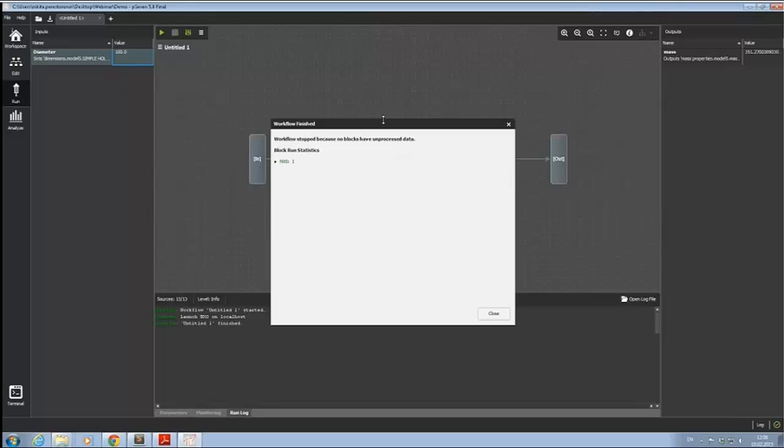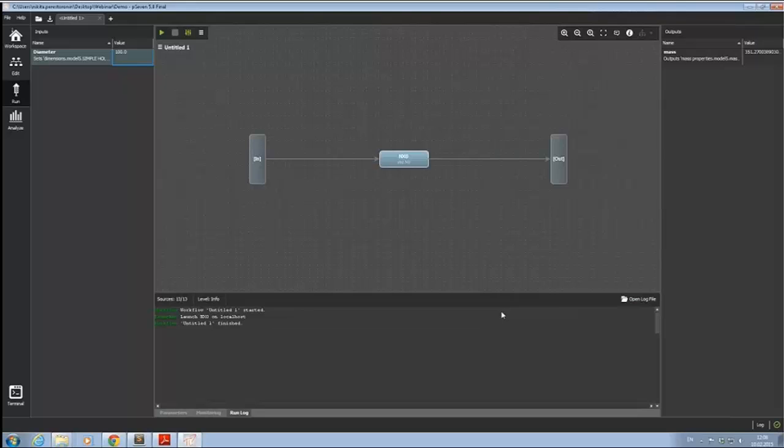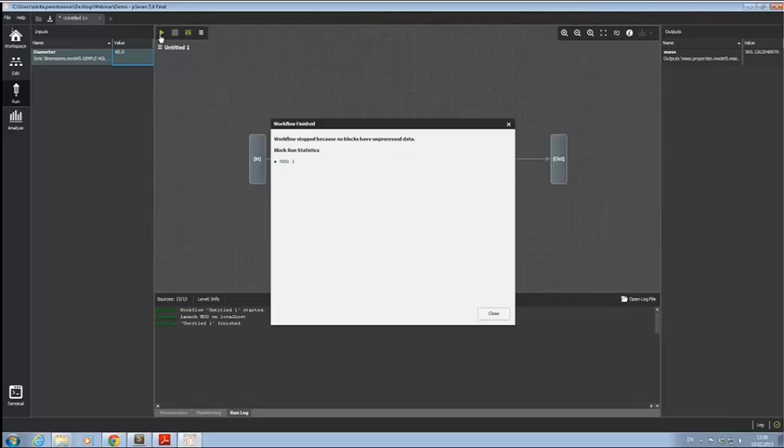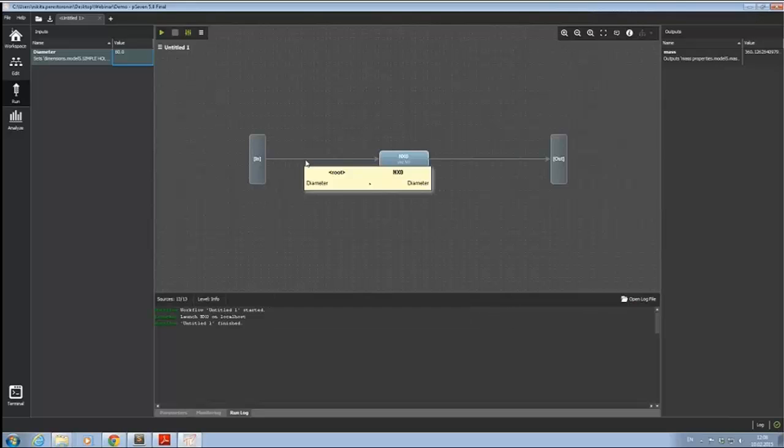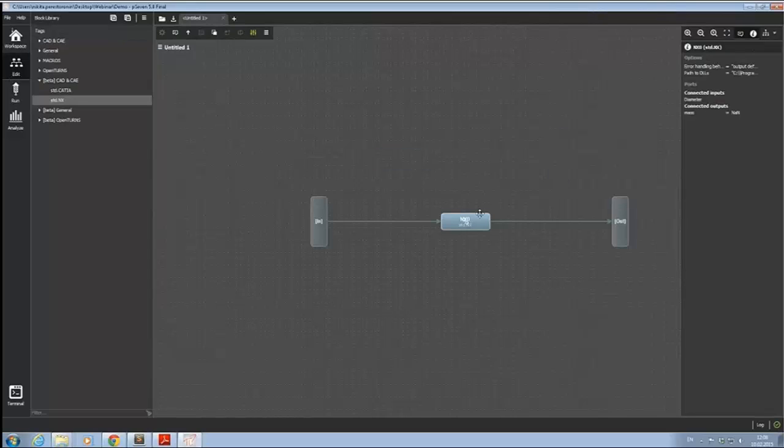Now it calculates the mass, and the mass is 351. So, for example, we can set the diameter to 80, and the mass should be bigger because it's the diameter of the hole. So yes, now it's 360, and now I'll come back to the edit screen and check this